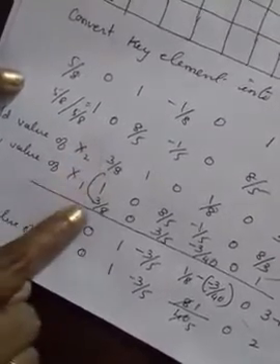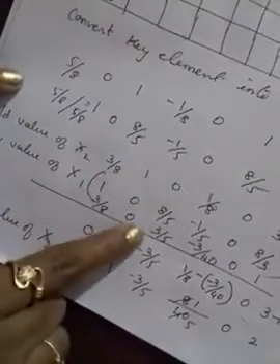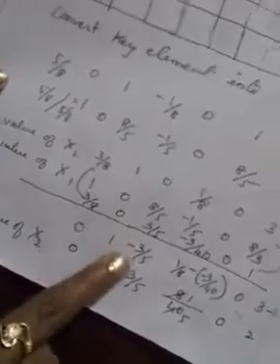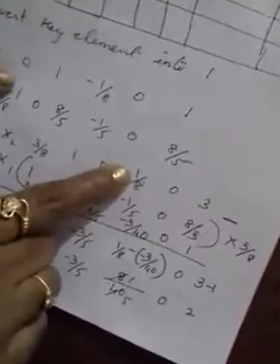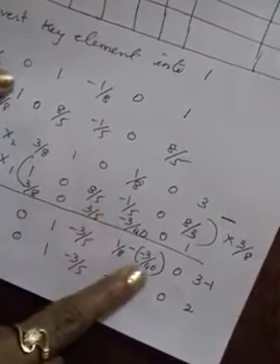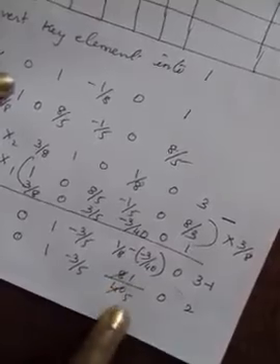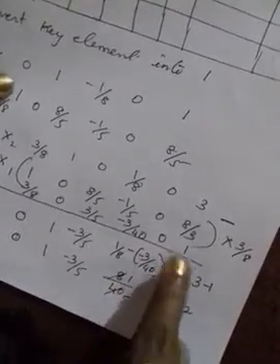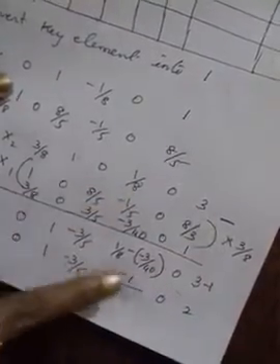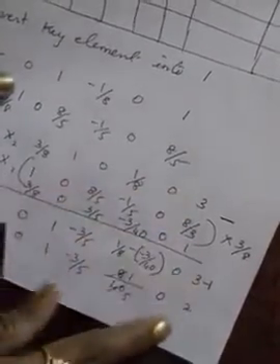So 3 by 8 minus 3 by 8, I will get 0. 1 minus 0, I will get 1. 0 minus 3 by 5, I will get minus 3 by 5. Similarly, 1 by 8 minus of minus 3 by 40, we have to subtract, no? So you have to take the LCM. So I will get 1 by 5. Okay, and here 0 minus 0, I will get 0, and 3 minus 1, I will get 2. Okay, this is the new value of x2.